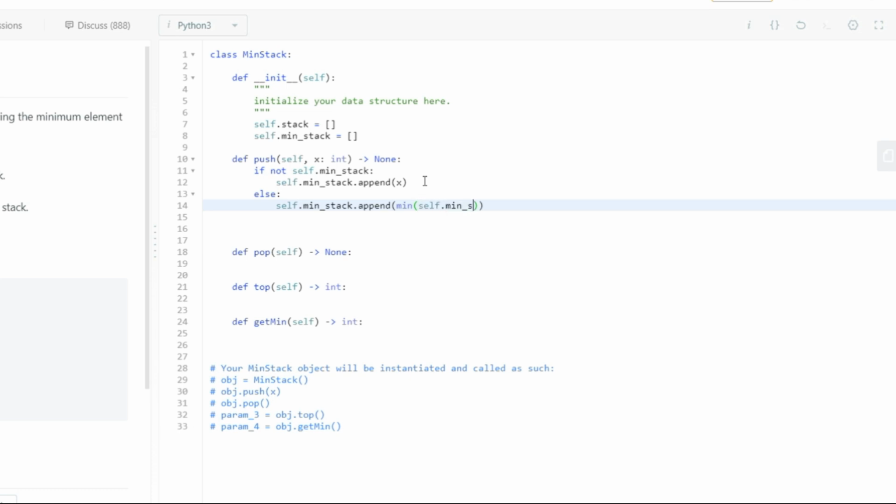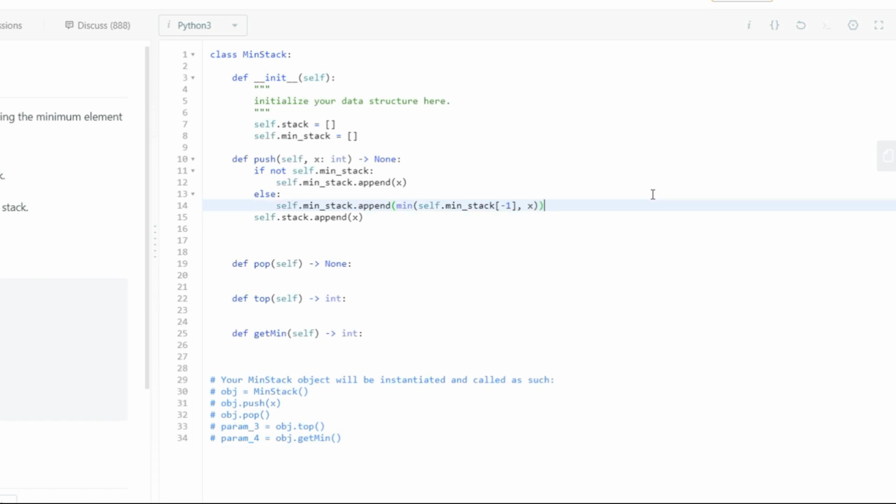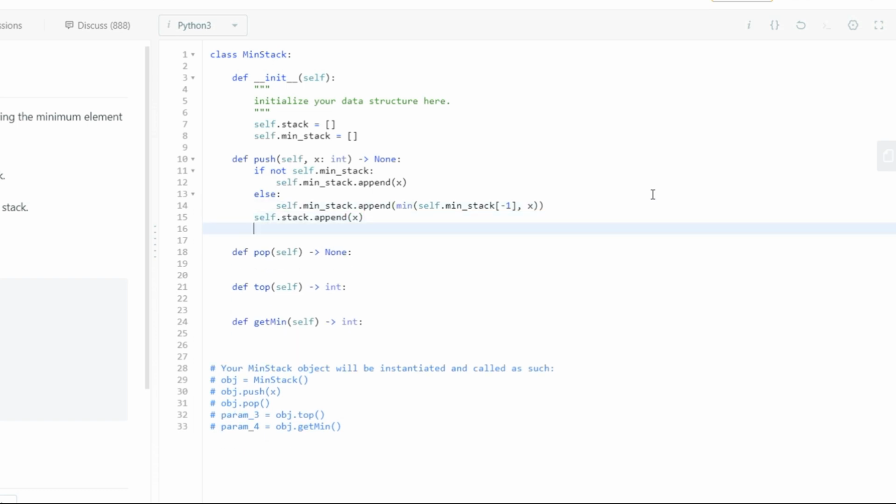The way to check the last element is just to use -1 in Python. That returns the last value, and you do that min with the x as well. So whatever's the minimum between these two, that's going to get appended to our min stack. And obviously the self.stack is just going to work as a normal stack. We're just going to append to it normally. And that's basically our entire push operation. All you're doing is appending those values inside your self.stack as you normally do with a list representation. And the only difference is that you're making sure that min stack has the correct minimum value